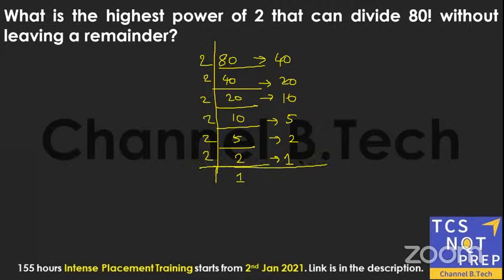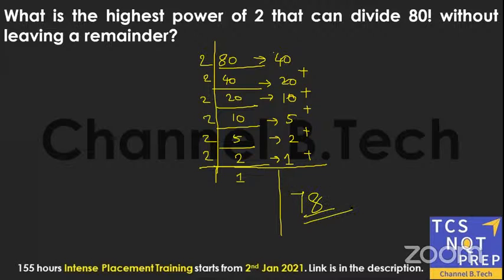So I got a value which is less than the divisor. So at this point, I have to stop and add these values, right? 40 plus 20 plus 10 is 70. 70 plus 5 plus 2 plus 1 is